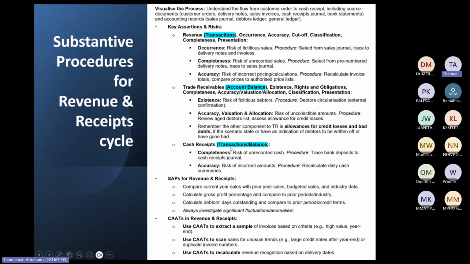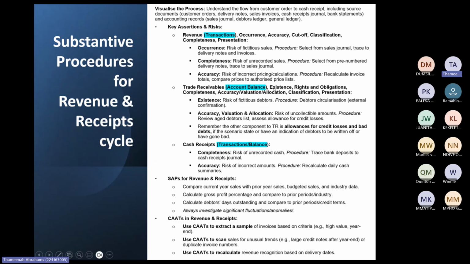So now you'll see here, I have it as a transaction and a balance. Reason being, cash receipts is a cash and cash equivalent. It's in your balance sheet. It's in your statement of financial position, right? But that's for the balance. Because remember, it's a running balance. So at the end, if it shows that there is 3 million in the bank account, you'll inspect the bank statement as of year end and agree the bank statement for that 3 million. So that would be a statement of financial position procedure.